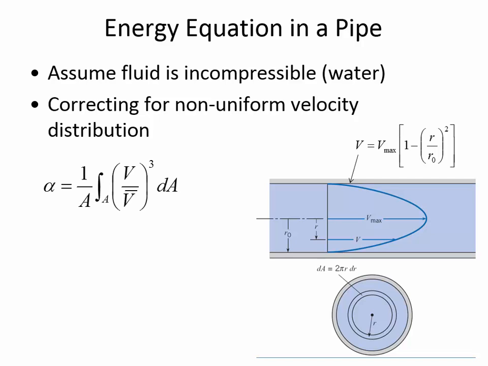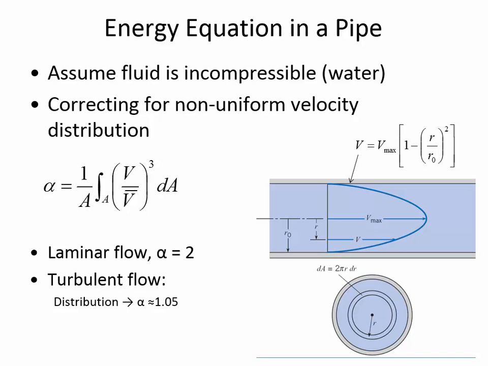The way that you calculate alpha is you integrate the ratio of the actual velocity at a single point to the average velocity. And so that's what this is. This is integrating over the entire radial area of the pipe. If you look at the velocity here relative to the average velocity, and then you make another incremental area, and you find the average velocity for that area relative to the average velocity, if you go through the process of integrating those ratios of the velocities, then that's where you come up with alpha.